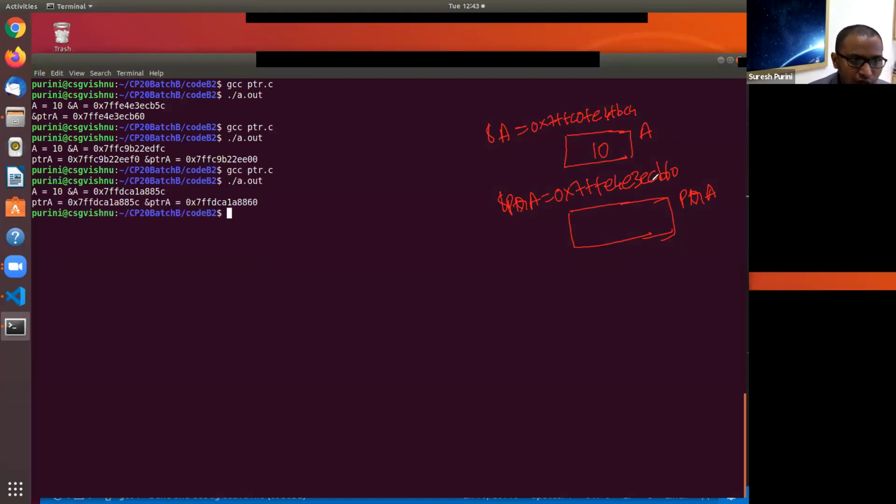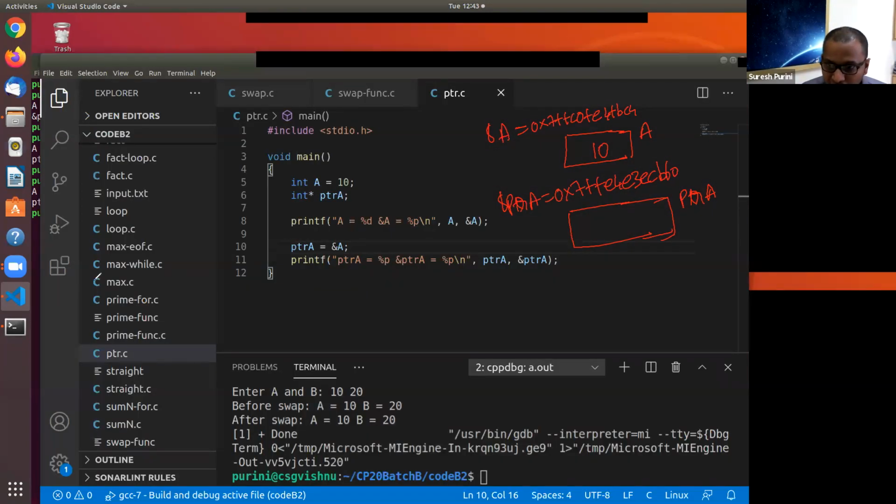Are you with me here? Do you see what ptra is equal to here? What does ptra contain? Address of an integer variable. It contains the address of the variable a. Yes or no here? On line number 10, that's what we are doing, right? On line number 10, we are storing the address of variable a, and variable a is an integer. So because of that, we declare the type of the variable ptra as int pointer, as a pointer to a variable of type integer.